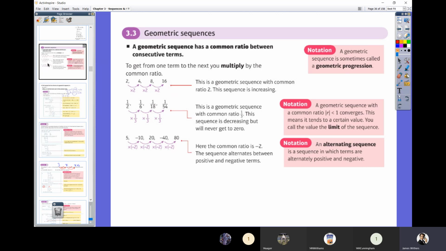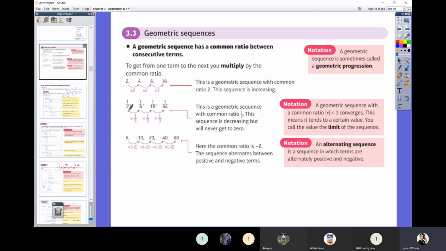Then next lesson on Tuesday we will move on to 3.4, which is geometric series, which is when you're adding up these terms which have been multiplied to get the next term. Just remember the difference between sequence, when it's a specific term, and series, when it's adding up a load of specific terms. You can see that these here are geometric sequences because we're doubling to get the